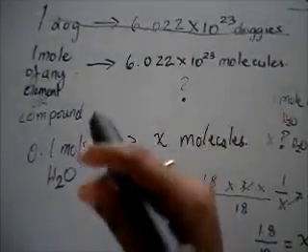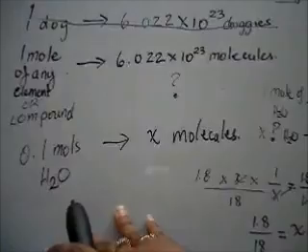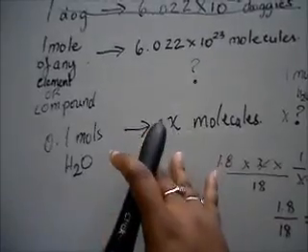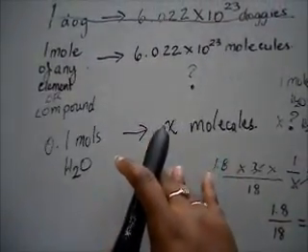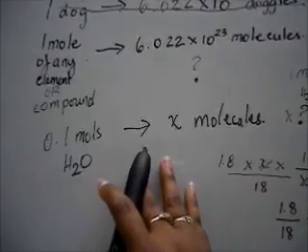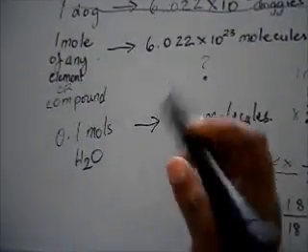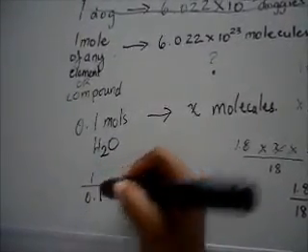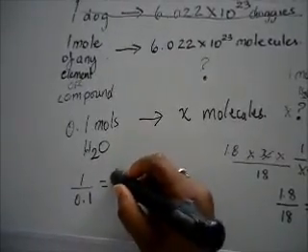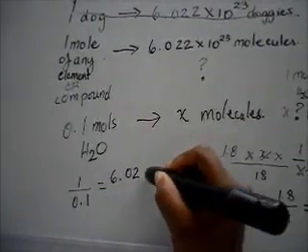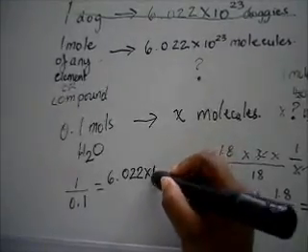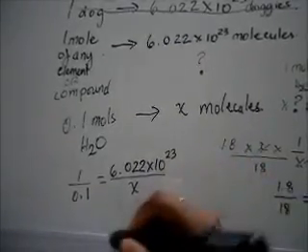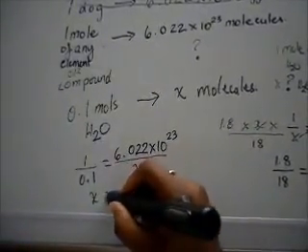And please note that anytime a question asks for molecules or atoms or anything of the sort, it always involves Avogadro's constant. So look out for keywords like molecules and atoms, and then we would know that we have to use Avogadro's constant. So we did the cross multiplication again, or to make your life easier, we just say 1 over 0.1 equal to 6.022 times 10 to the 23 over X. And then X should therefore be equal to